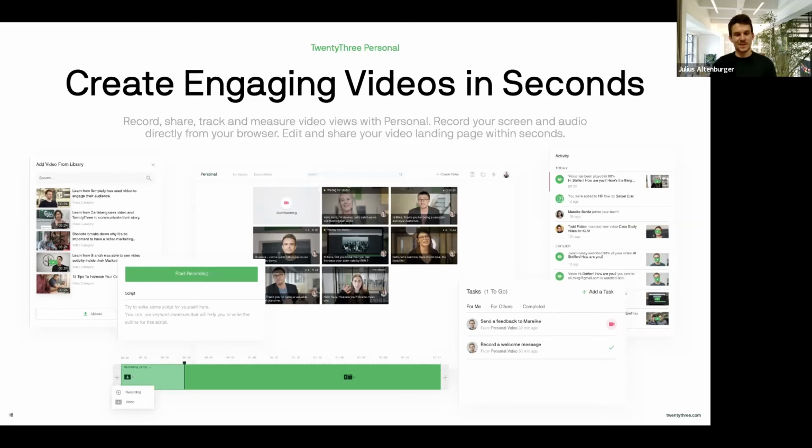But to really explain it, it's a simple video recorder that you can use to record a video within seconds, then work on videos together.